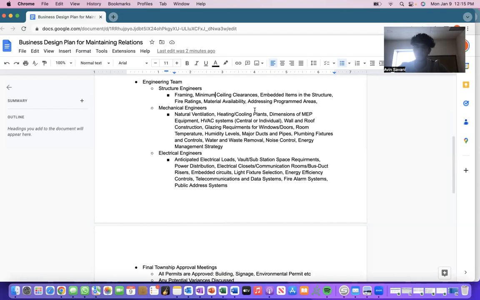So that's also coordinated. Room temperature, maintaining the temperature gauge and making sure that area has a good humidity level. So yeah, and then major ducts and pipes.